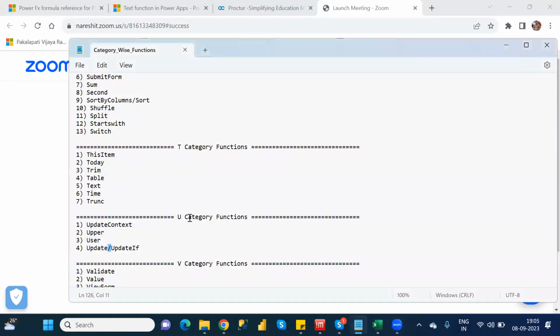Which category of functions do we discuss? Yeah, we need to discuss up to table, right? Table is a temporary table. If you want to create it in Power Apps, then we have to use the Table function. Okay. So today we need to discuss other functions like Text, Trim, Trunc, Update, Upper,